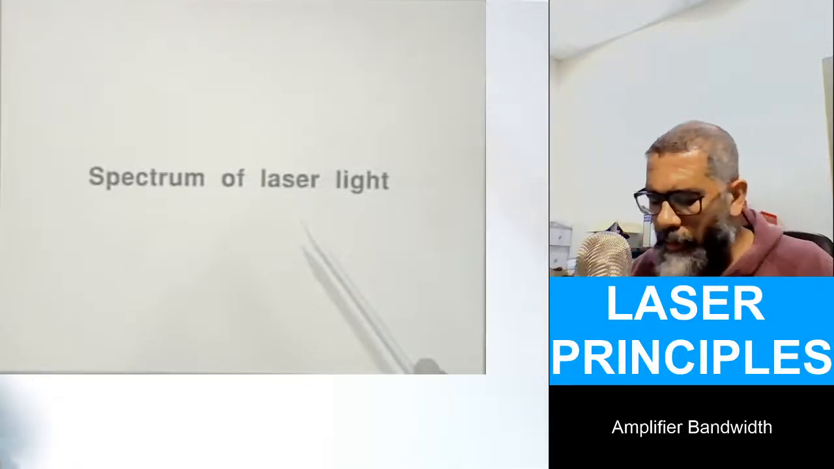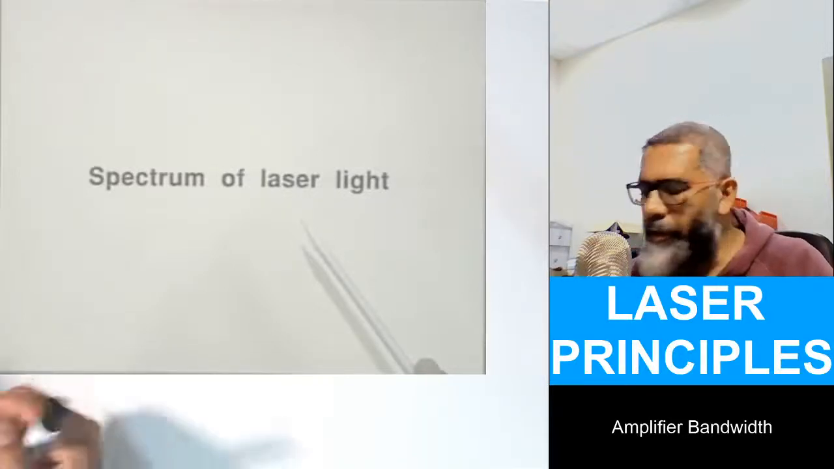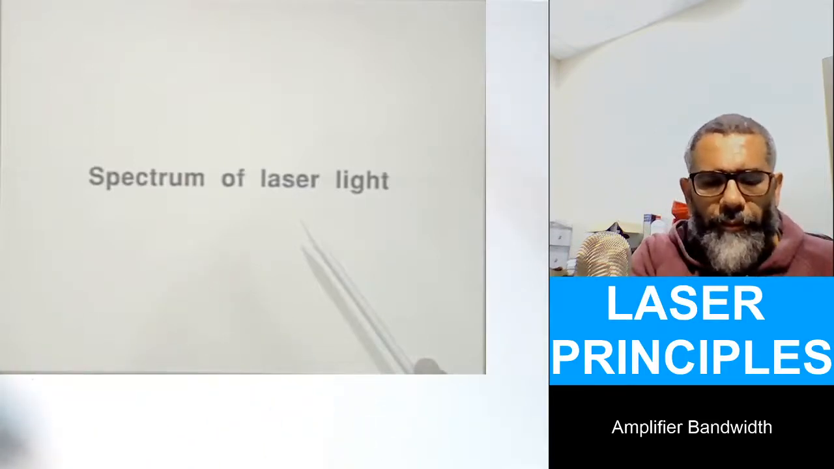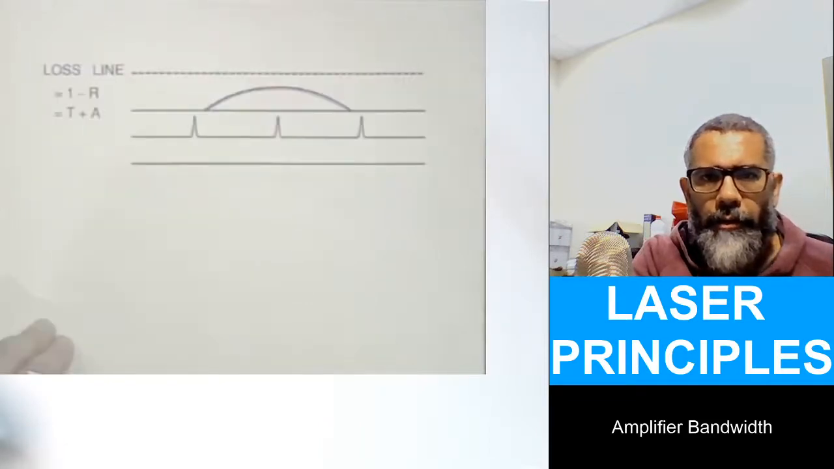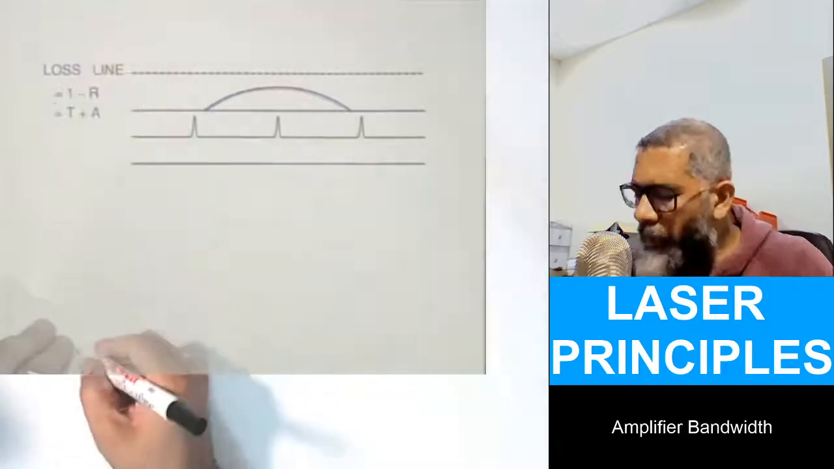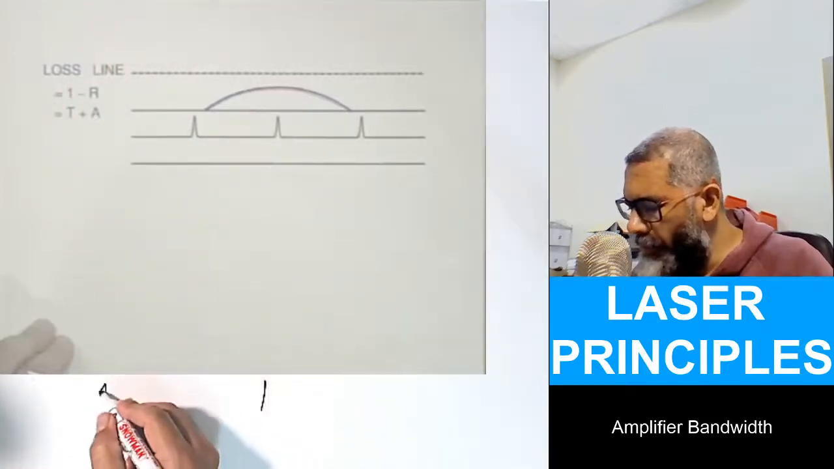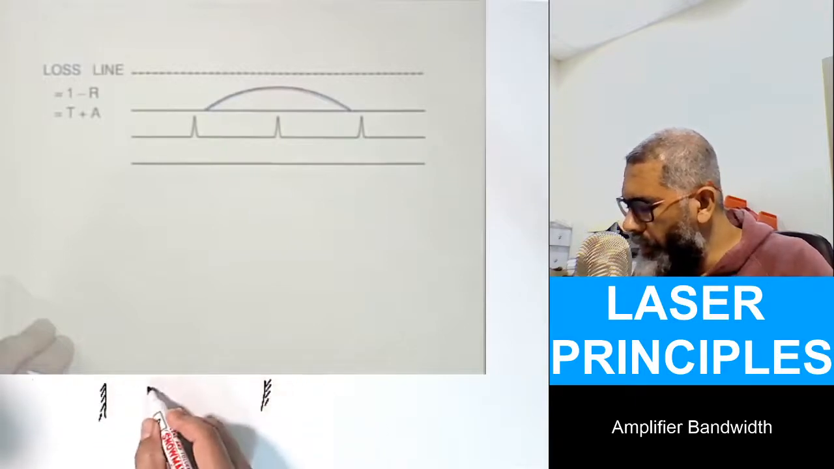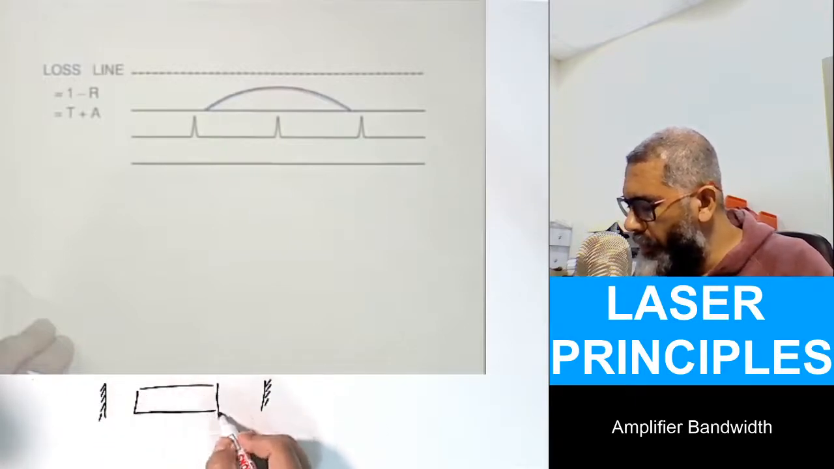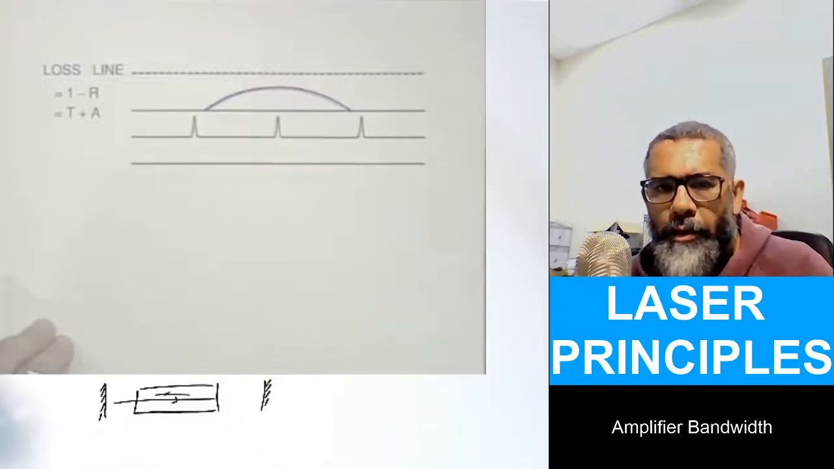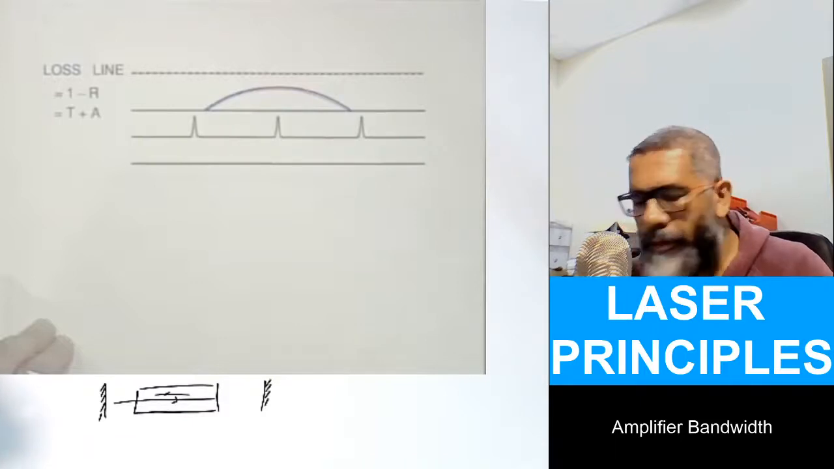Okay, let's talk about the spectrum of laser light. So we have seen that in a resonator, there are at least two mirrors. Let me draw one over here. So these might be the mirrors of your resonator, and this is your gain medium or the amplifier medium. The light is going back and forth through this medium and just gets amplified at a certain frequency or